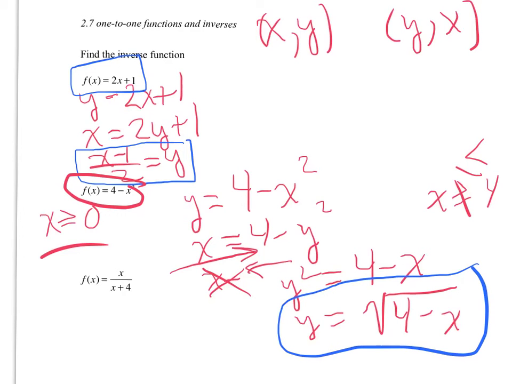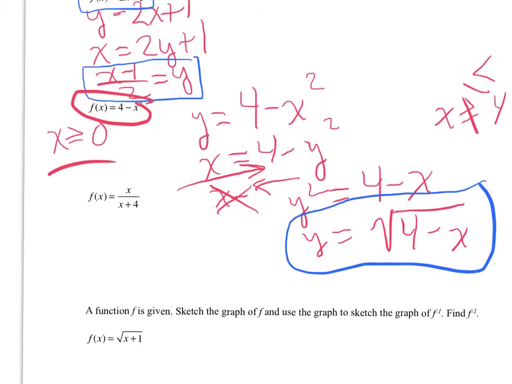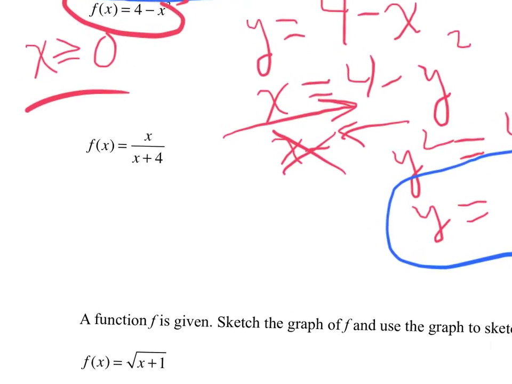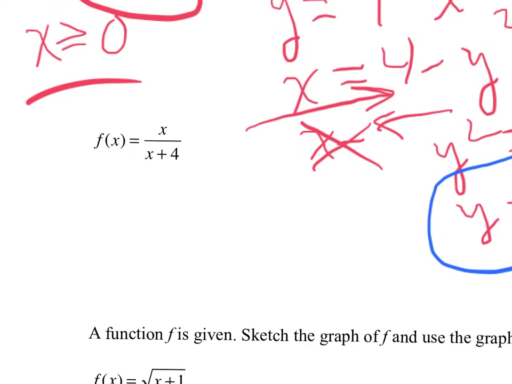And then finally, x over x plus 4. To find the inverse function for that, I need a little more space, so I'm just going to zoom in on this. Okay, so we set first y equals x over x plus 4. Now we interchange x and y, so x equals y over y plus 4. Now multiply times y plus 4 to clear the fractions. x times y plus 4